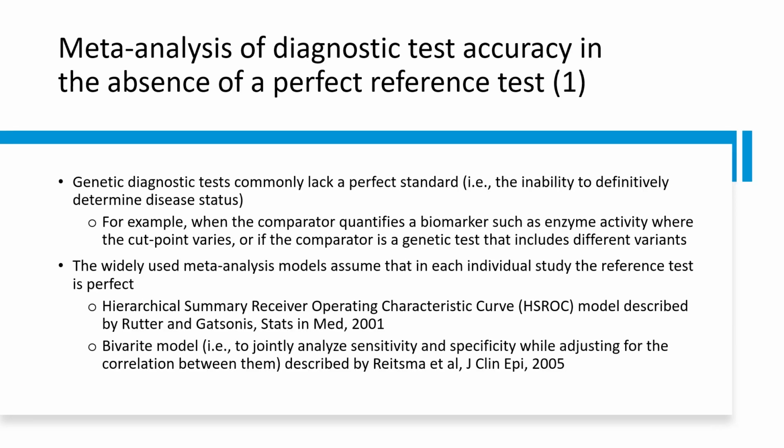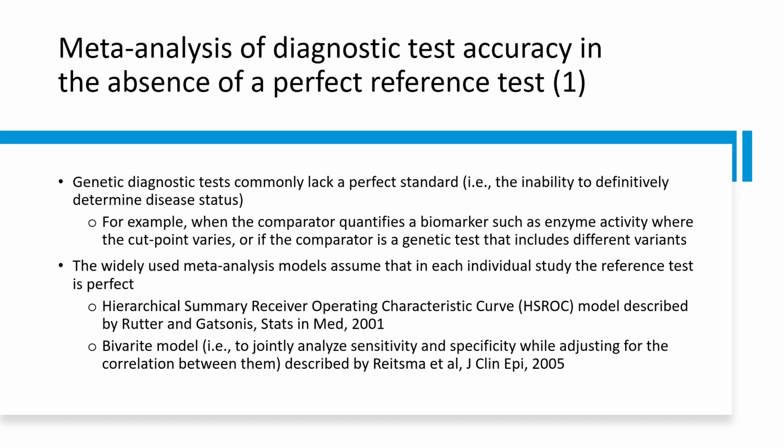Genetic diagnostic tests commonly lack a perfect standard, the inability to definitively determine disease status, for example when the comparator quantifies a biomarker such as enzyme activity where the cut point varies, or if the comparator is a genetic test that includes different variants. The classical meta-analysis models assume that the reference test is perfect. If the test being evaluated has higher sensitivity and specificity than the reference standard, and the reference standard is assumed to be perfect, then the additional patients correctly classified by the new test would be erroneously treated as false positives